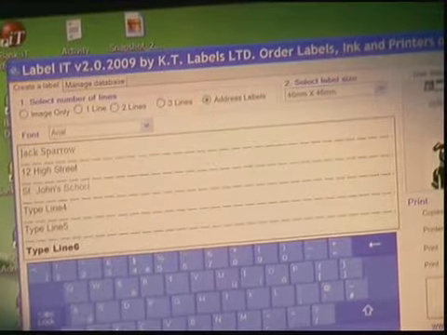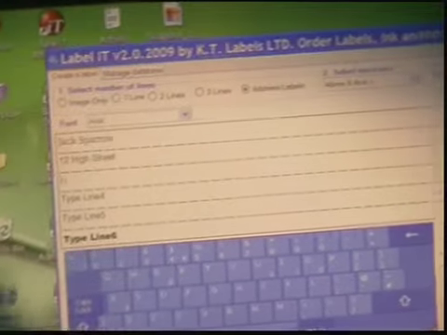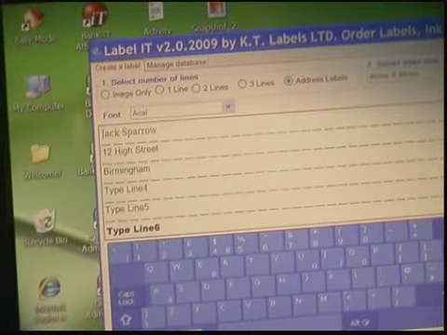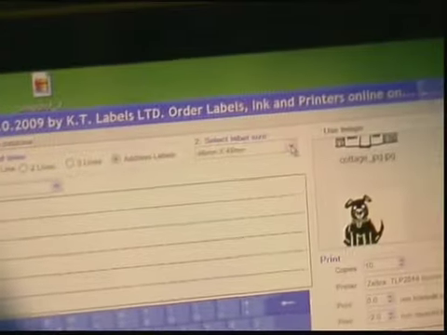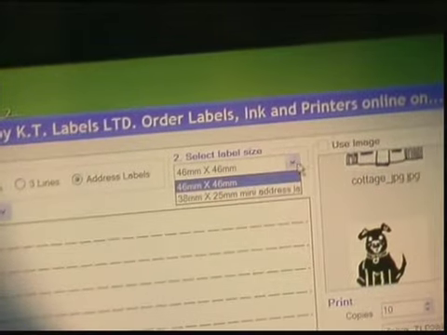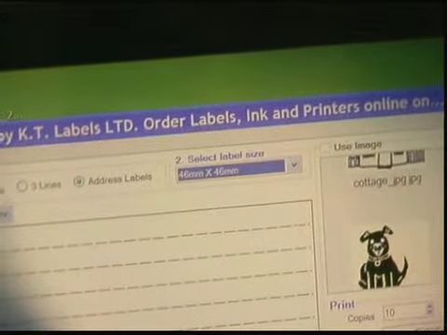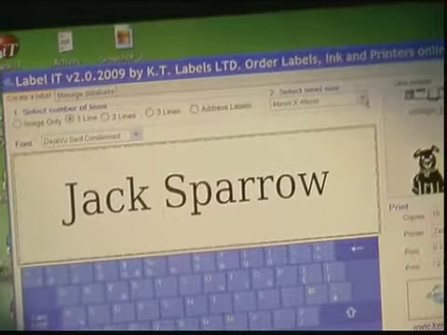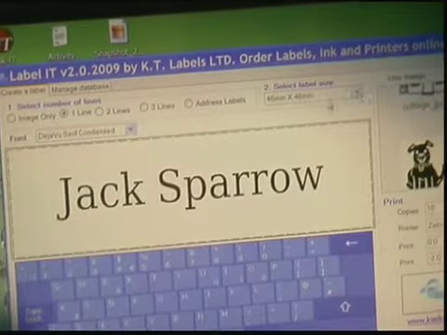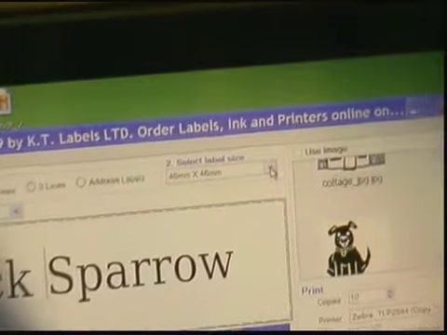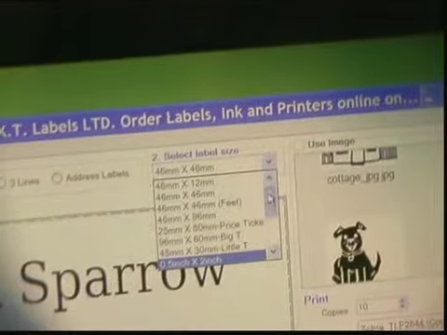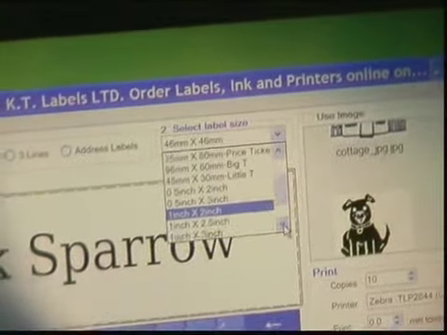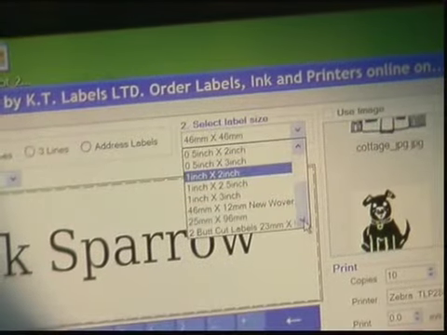Going along the box again from address labels, we've got select label size. Now on select label size, you click on the box. The box will appear. Now, just to show you what I mean, if we go to line 1, click on line 1, then go to select label size. Line 1 allows a number of labels to be created. We've got feet, we've got price tickets, we've got big T, we've got little t. We've even got sizes for